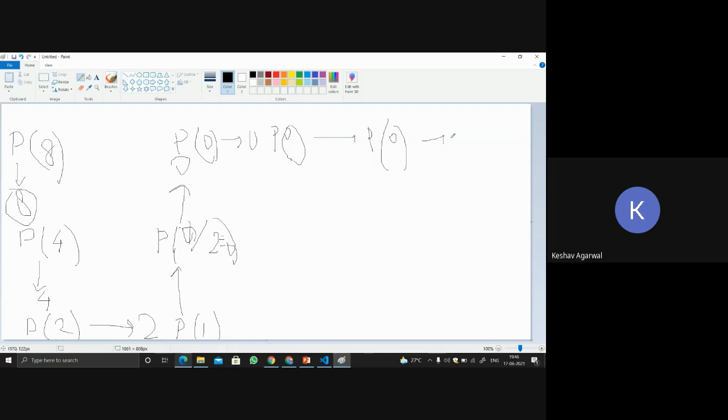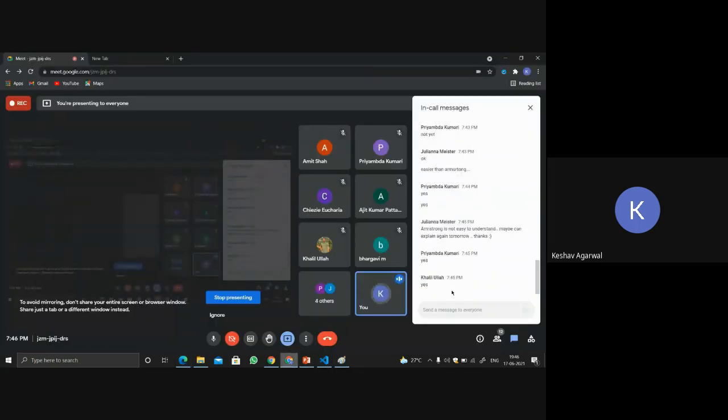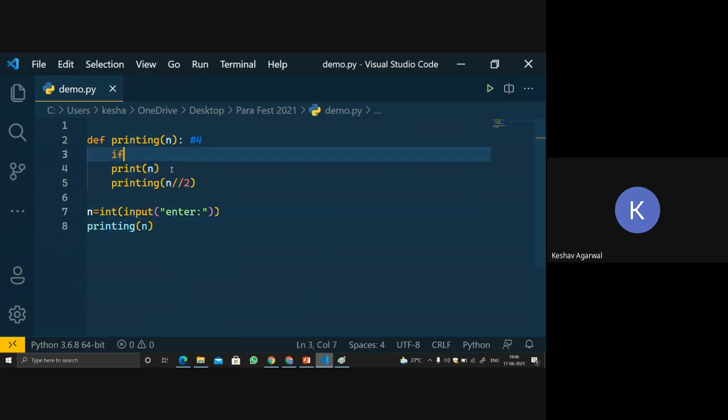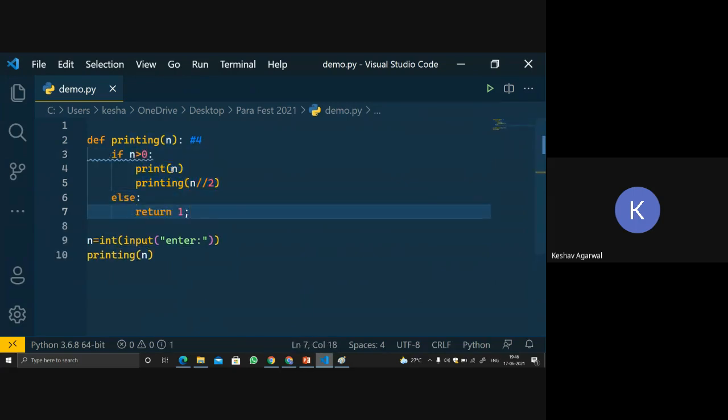It will keep on doing it for infinite time until your system crashes. So that's why I told you that giving a condition like this will help programmers, so that your system does not crash. Okay, is it clear?